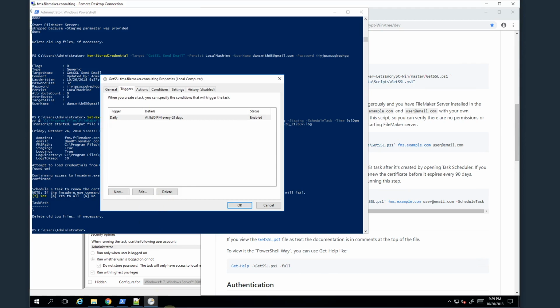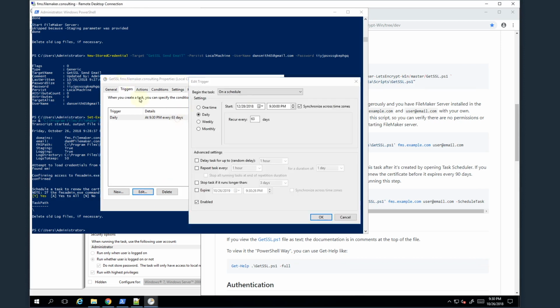So what I want to do right now is just verify that this task is in fact going to run when I'm not logged onto the server. It's going to have access to FileMaker Server. It's going to have access to Let's Encrypt. It's going to just do all that. So my goal is to verify all that before I rely on it. So I'm going to edit this task, edit the trigger to run today. I'm going to give myself a couple minutes,